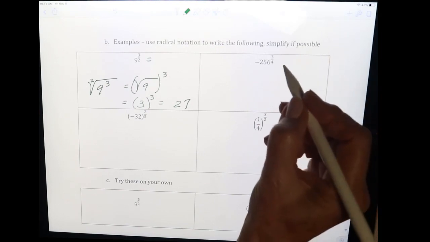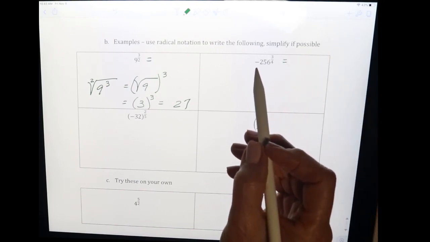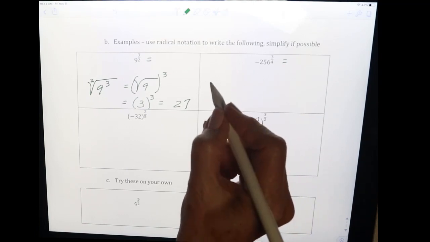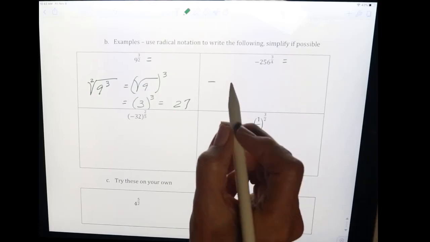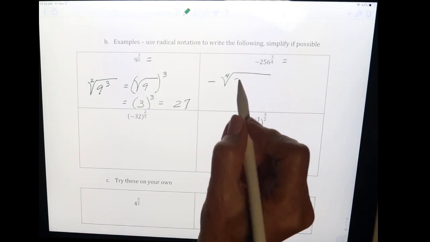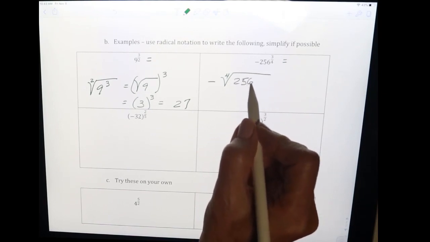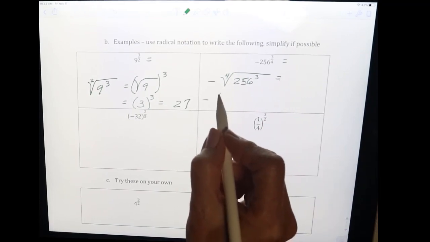Okay, let's try the next one. There's something I wanted to say to you about this one. Notice this negative is not included in parentheses like some of the previous ones were. So when it's not included in parentheses, it rides out in front. It doesn't get involved in going under the radical. So now I'm going to put the 256, and I'm not going to work it that way. I'm going to work it